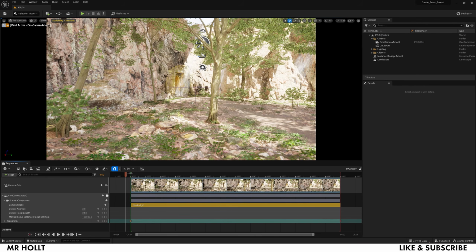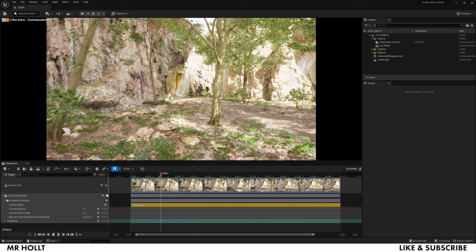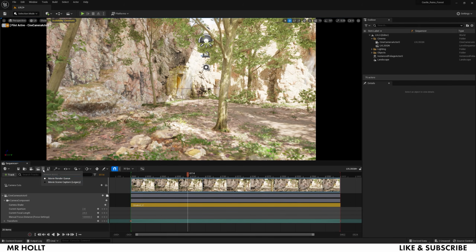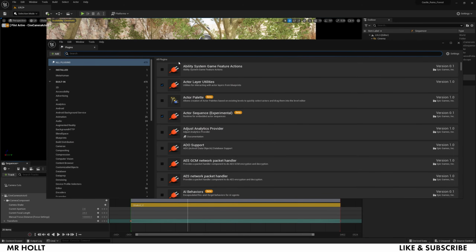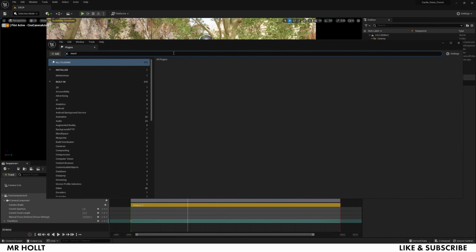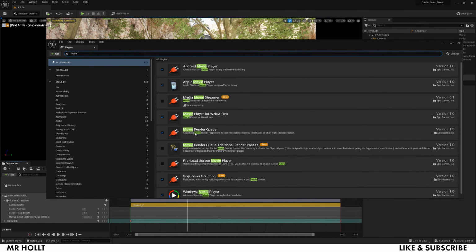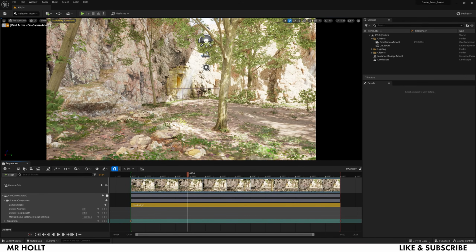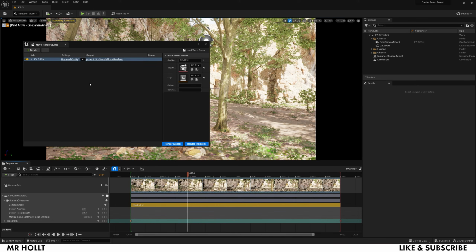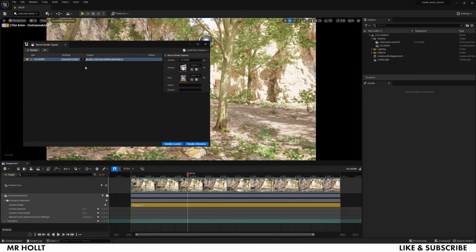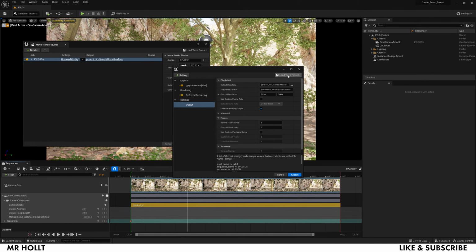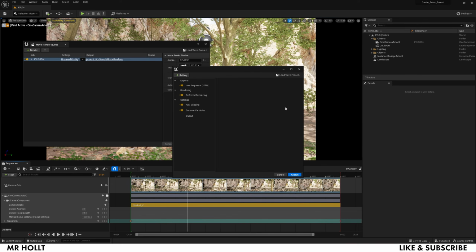Cool. So now that that's done, if you want to export your project, which everyone does, you can go right here to Movie Render Queue. If you don't have Movie Render Queue, go to Window, go to Edit, Plugins, type in Movie, find Movie Render Queue, click on it. There's gonna be a little restart button at the bottom right, click that, and once it reloads, you'll be perfect. So open up, make sure it's clicked, and click on your clapperboard, bring this in, and then I have a preset right here,